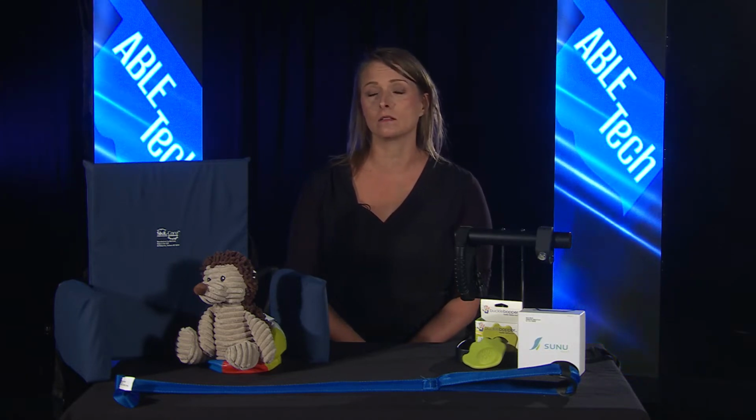Seating, positioning, and mobility aids or devices are those that primarily focus on supporting or improving mobility. These AT devices can often help with postural control, head support, pressure management, and stabilization. The need for seating, positioning, and mobility devices is often medical in nature and typically customized to a patient by